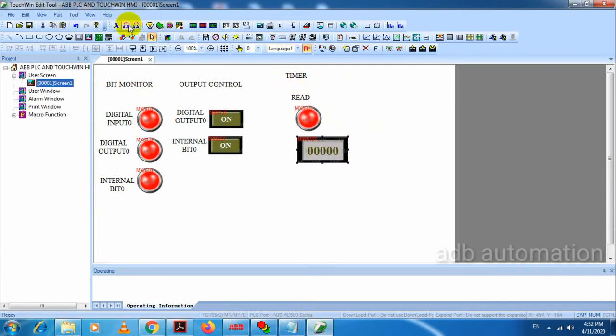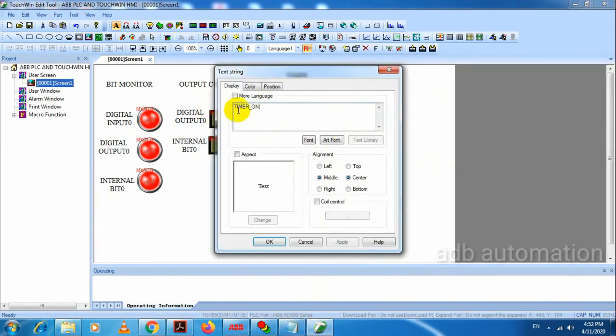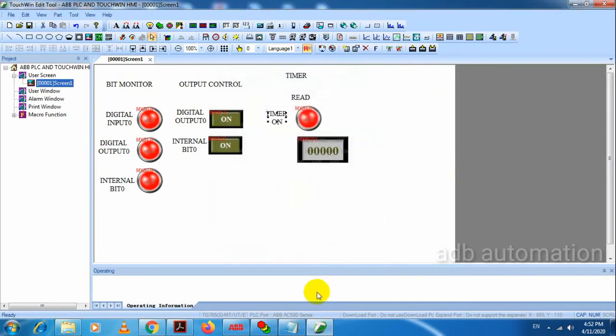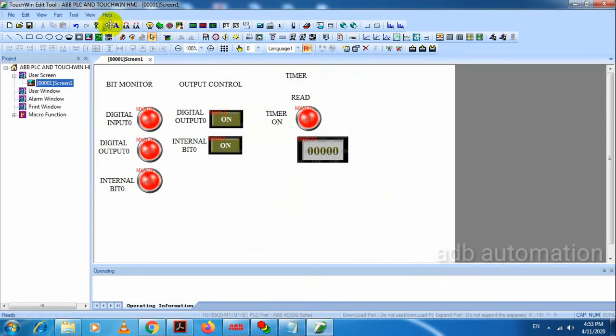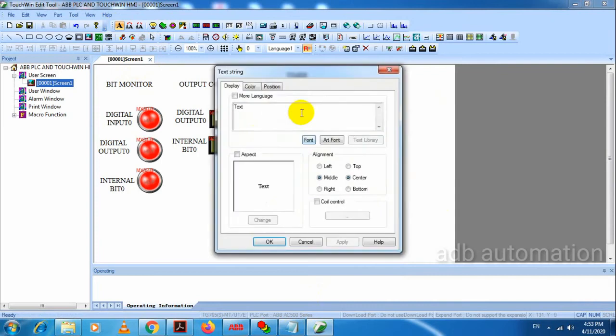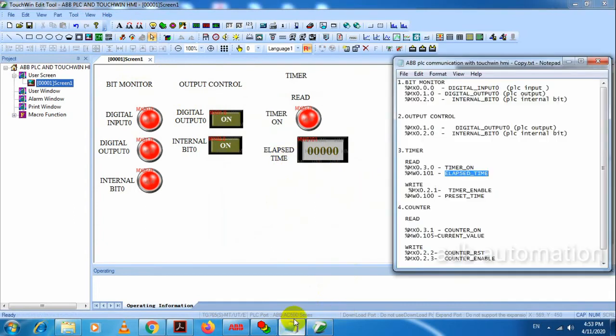So we will give the name for this. Name is timer on. Next one is write.